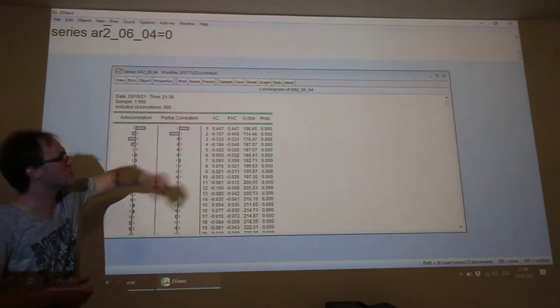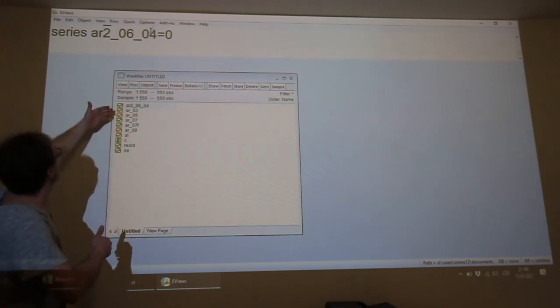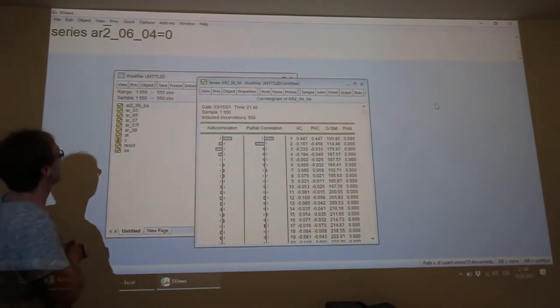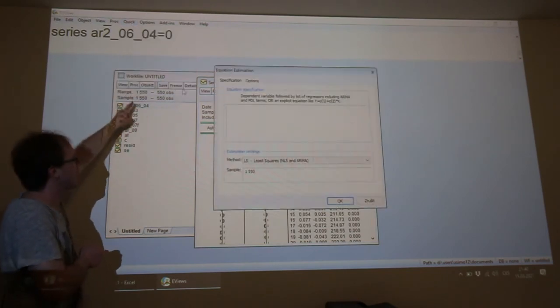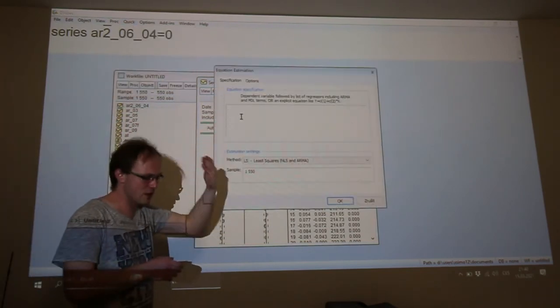So we can close this. We can click on the Quick button, Estimate Equation, and here we will create the model.